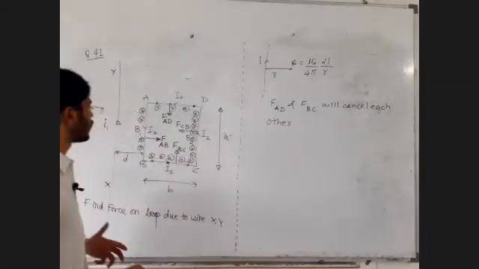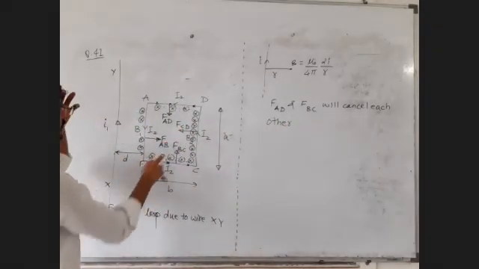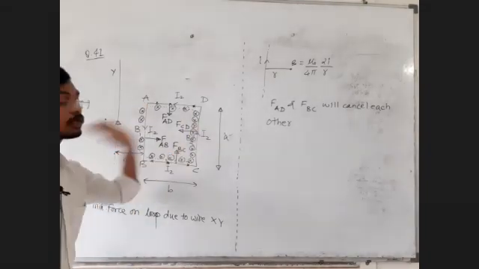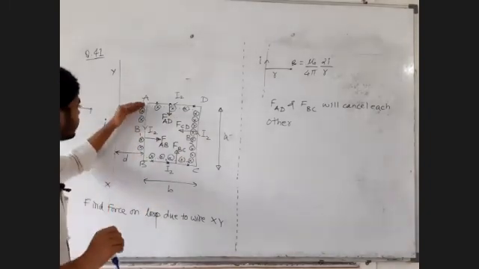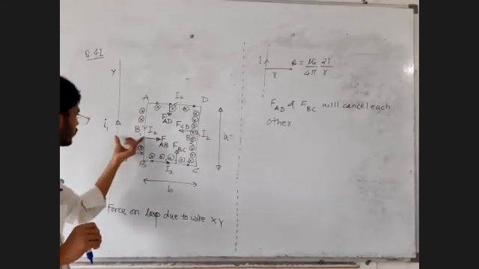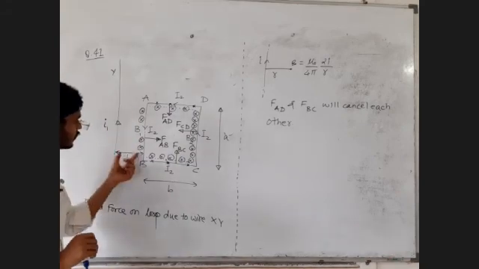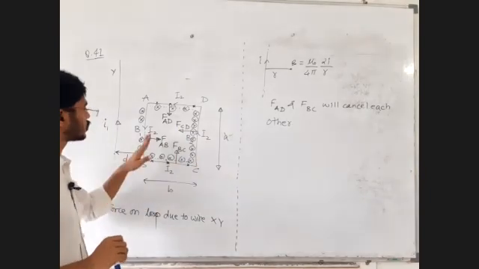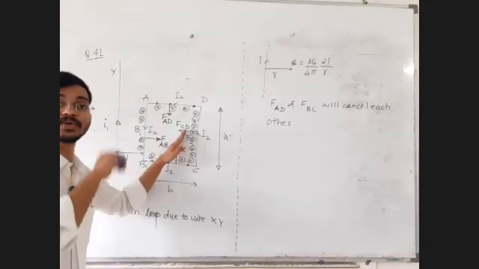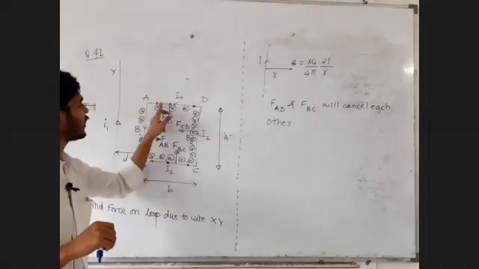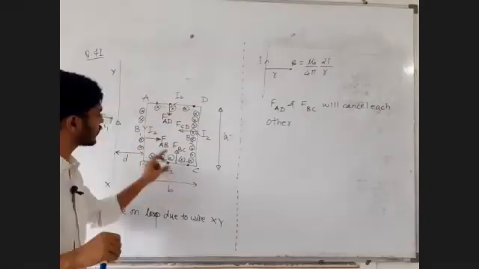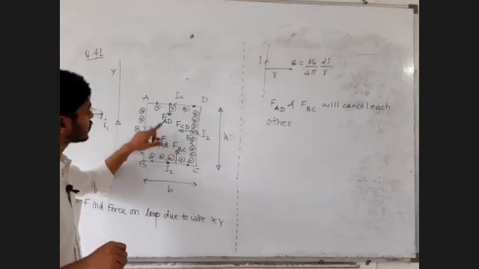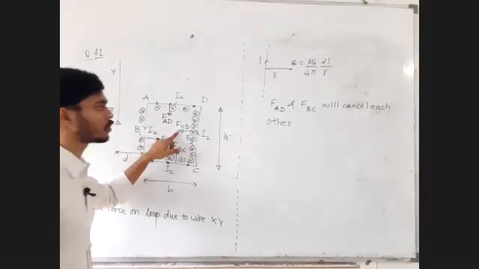Try to understand. Sir, will AB and CD cancel? Answer is no. Here the field is B1, here the field is B2, the fields are different. At distance d, for all these points the field is B1, and for all these points the field is B2. So this force is different and this force is different in magnitude. The net force on this wire and the net force on this wire are not equal in magnitude, so they cannot cancel each other. These two forces are not equal in magnitude.